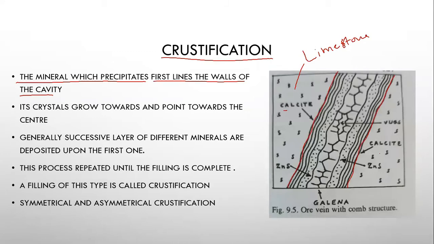So in this limestone there was a crack, an opening. In that opening, this solution has entered. The precipitation, that is solidification, occurs on the lines of the walls. From here the precipitation starts. Obviously hydrothermal is a solution, a liquid form. So when it enters the crack, it starts crystallizing or precipitating from the walls of the crack, and it forms crystals.